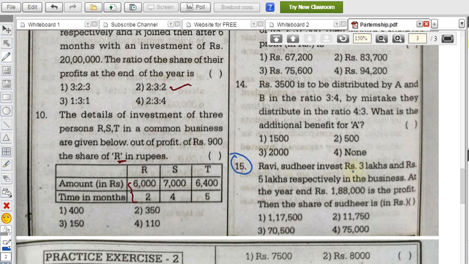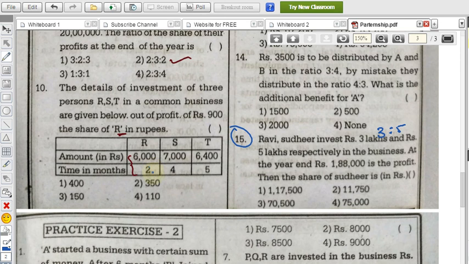Like, Ravi and Sudhir invest 3 lakhs and 5 lakhs respectively in a business. At the year end, this is the profit. So the share of Sudhir is asked. Directly you can take 3 lakhs and 5 lakhs, so 3 is to 5. Sudhir's share they're asking, so Sudhir's ratio is 5. 5 by the total share, which is 8. Then the profit is